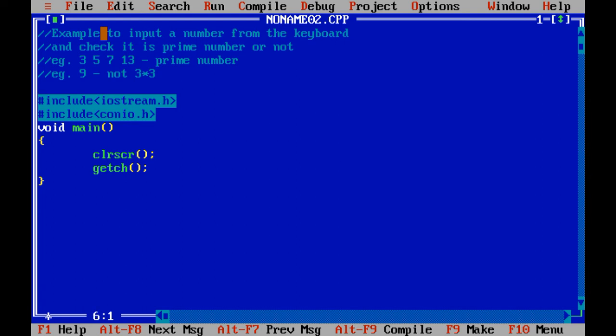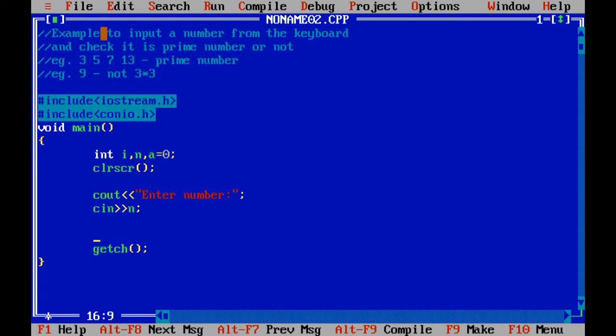So let us develop the given program. Integer i for the loop, n to input a number, and a for the flag. Now cout, enter number, cin n.